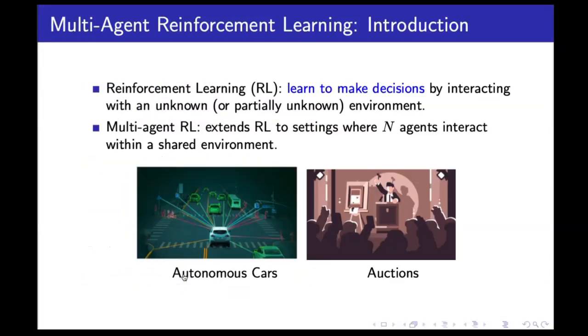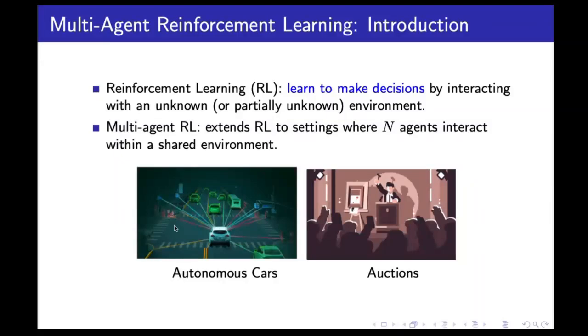So when we talk about reinforcement learning, we know that there's one agent learning to make decisions in an unknown or partially known environment. And this agent has their own goal, for example, to maximize her own utility function in the long run. For multi-agent reinforcement learning, you essentially extend this framework to n players, where these n players interact with each other in a shared environment. Each of them wants to maximize their own reward, their own utility. So it's a shared environment, but they have some competitive setting in this case.